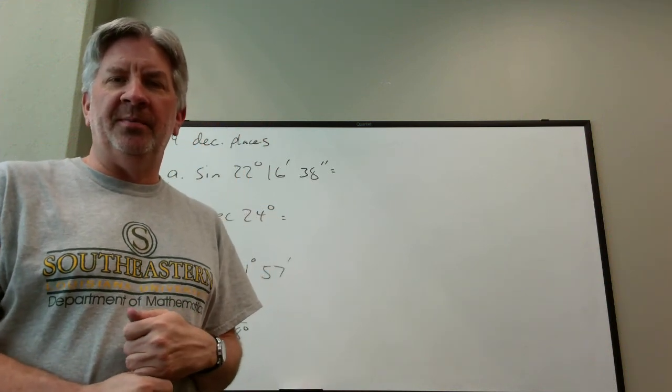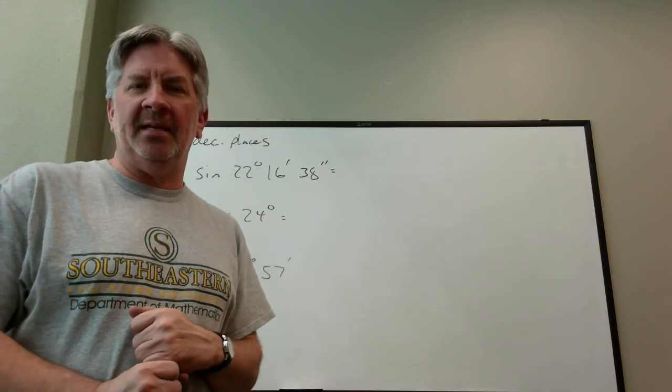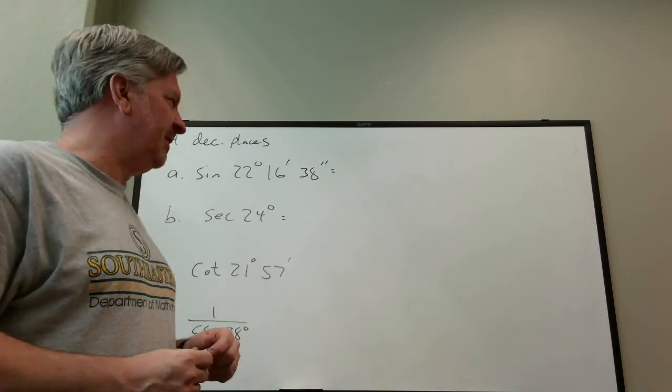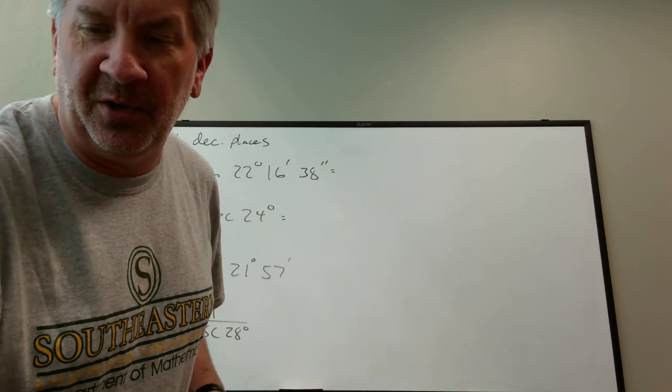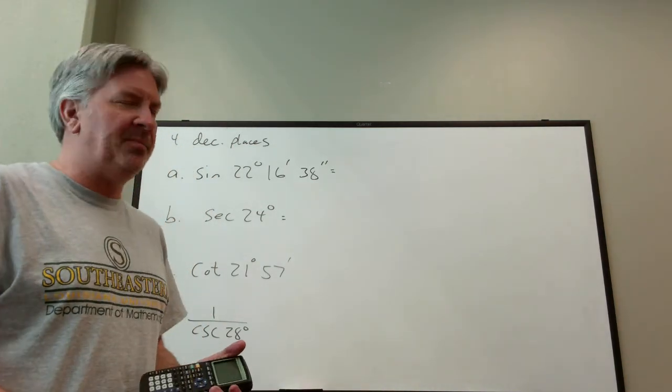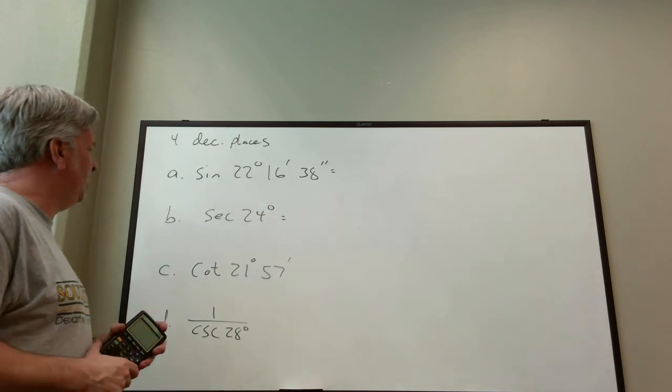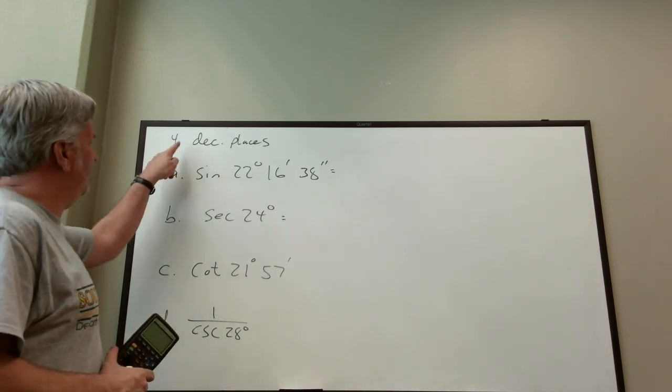In the previous sections, we've been doing a lot of trigonometry by hand. In this section, section 2.3, we're going to use the calculator. So we're going to finally learn how to punch some of this in the calculator. We've done a little already, but the problems here are a little more complicated. So the first four examples say, use the calculator to find each of the following values rounded to 4 decimal